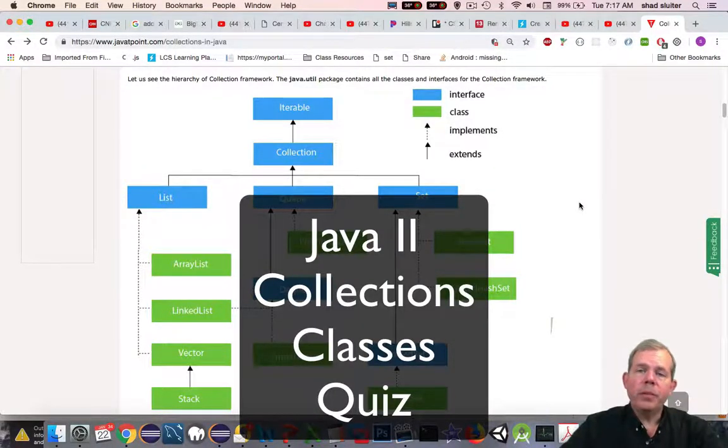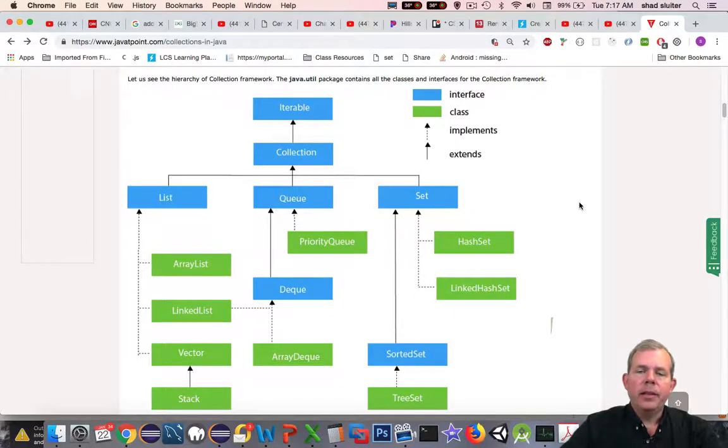So we've done quite a bit of work with different collection items in Java. So we've looked at lists and queues and stacks. There's other things though that are out there as well. And so I'm going to recommend, or actually assign you to look at a website called